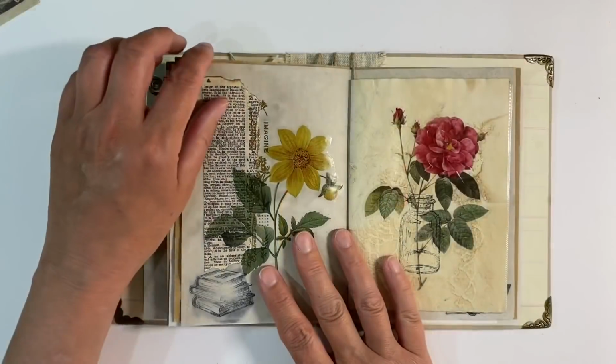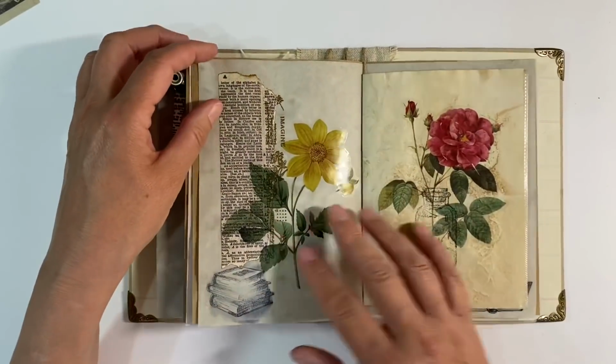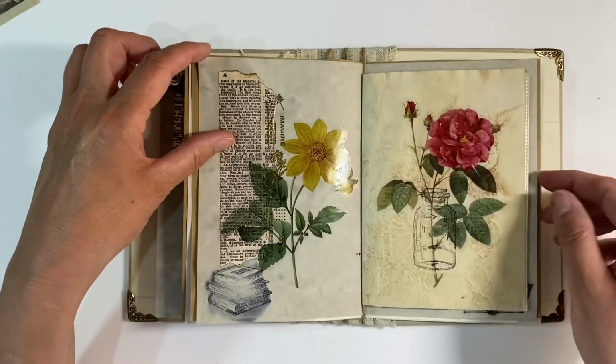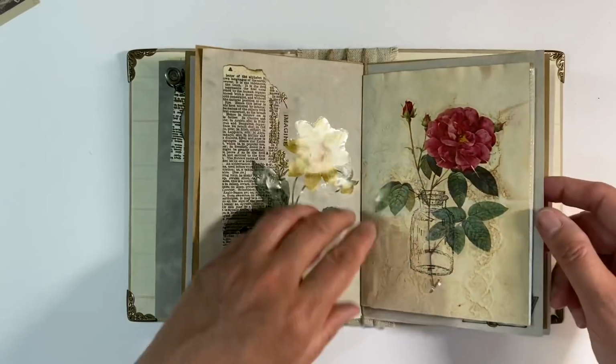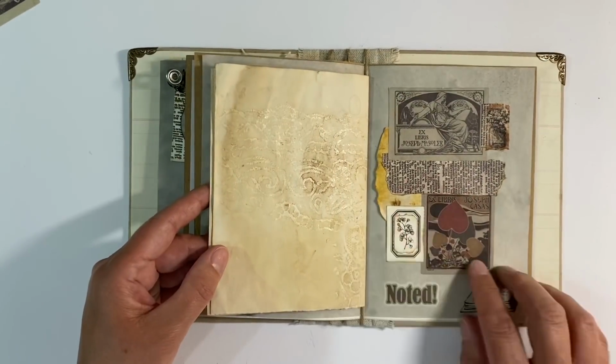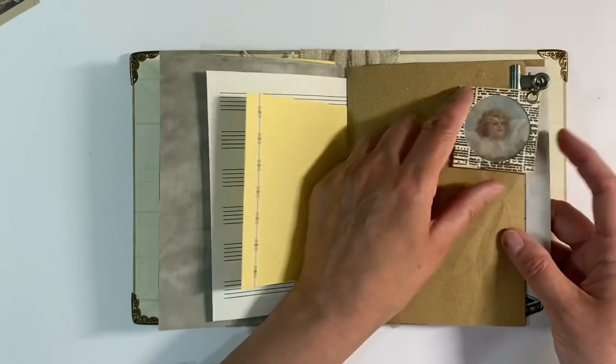Now I've decided to move my pages around, and this is the joy of having this type of signature, because of course you can take your pages out to work on and move them around if you want to. I just think these two go beautifully together. So let me just find the other side of this one. So that's the other page I did as well, and of course my little embellishment, which I just think is